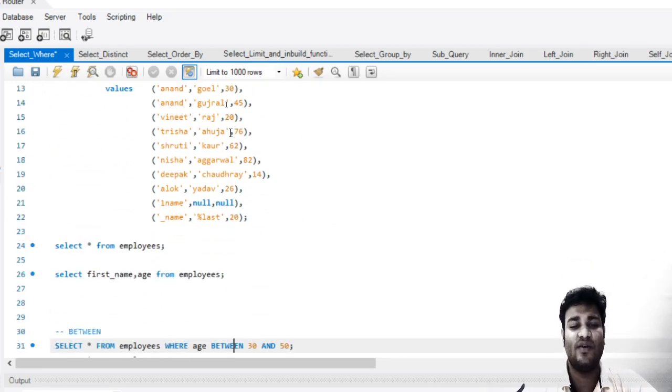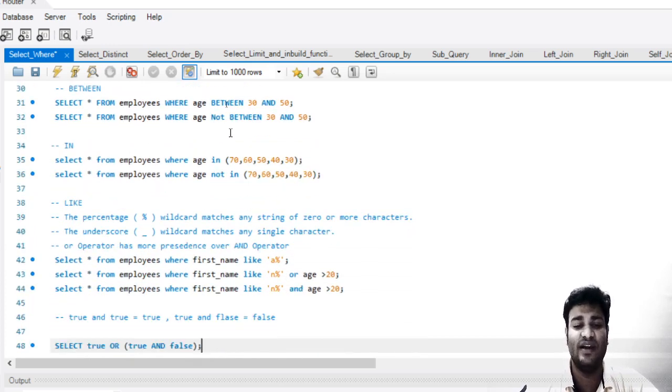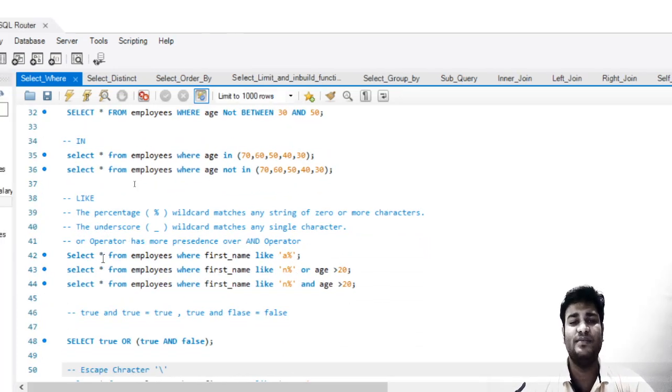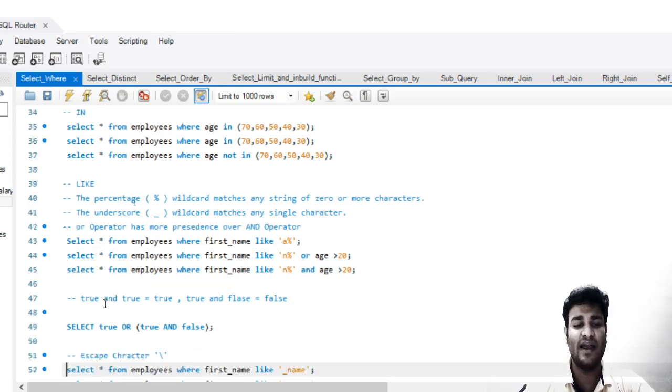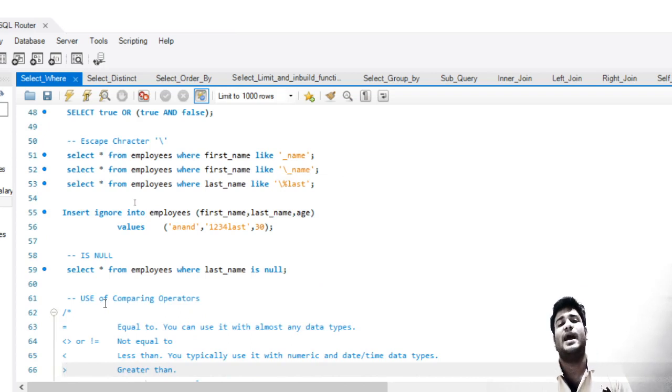So this brings this lesson to a close. In this lesson we were studying the WHERE clause and what all things we can use with the WHERE clause. You can find these syntaxes, I have marked them up and attached them with the script. And in the next chapter we will be studying the DISTINCT operator with the SELECT statement.